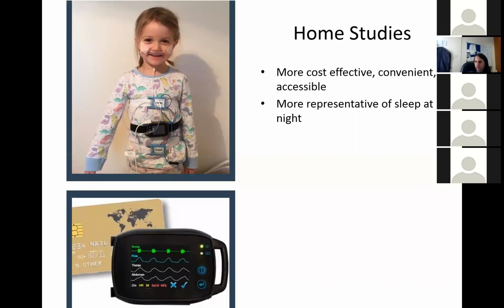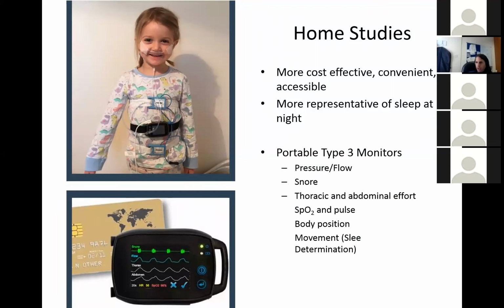Home studies are really good because they're more cost effective, they're convenient, and they're more representative of how you're sleeping at night time. Parents like them, and they say that children sleep better with these. And they get all of the outputs that we have in the cardiorespiratory study, and we're now sending them home with CO2 recording as well. So I think this is going to be the way forward with the COVID restrictions. They're going to be doing more and more of these in the future.